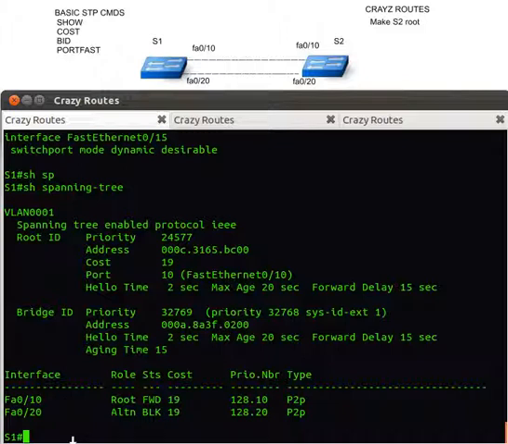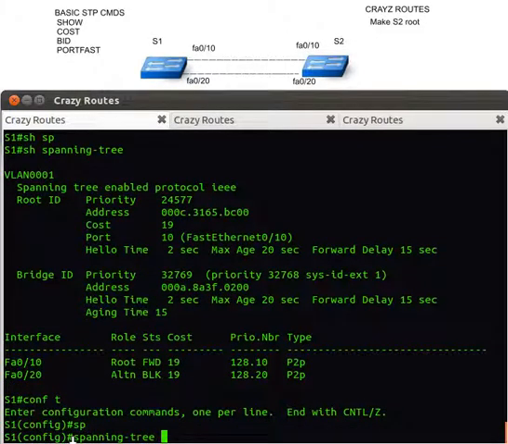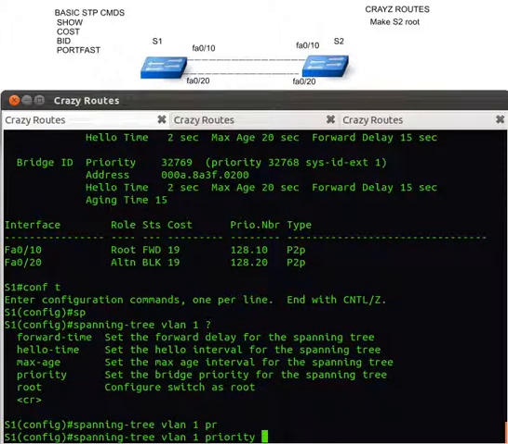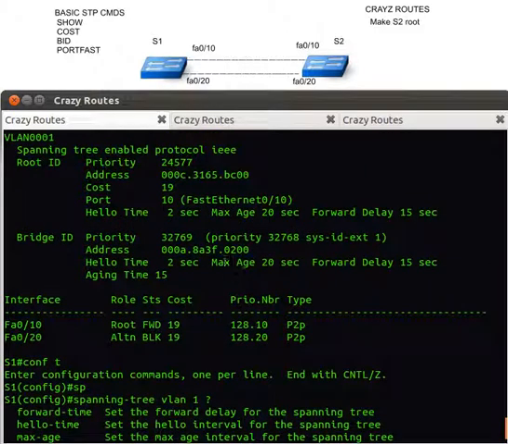Okay, let's make switch 1 the root bridge again now. Spanning tree VLAN 1. Let's do the question mark again. This time we are going to be using the priority. And now the increments are of 4096, and quick,